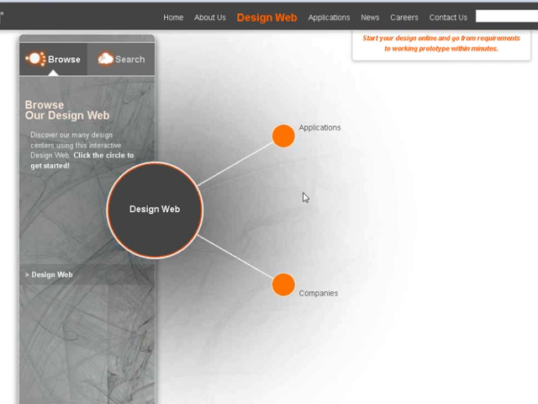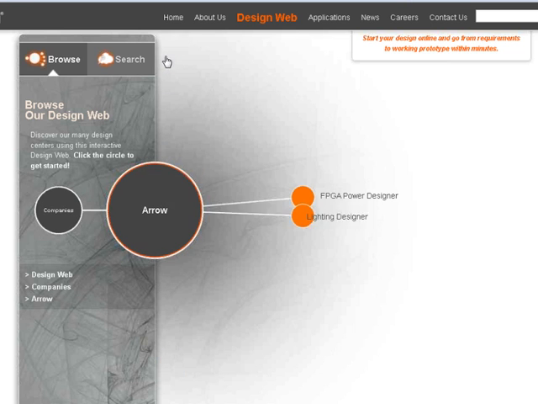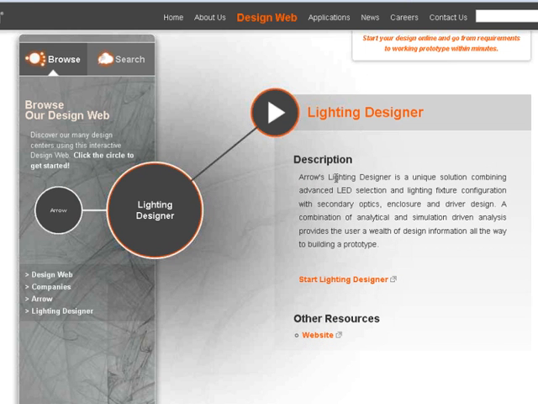what you'll be presented with is two options, Applications and Companies. You can get to the tool through either of these options, but let's go through Companies. If we click on Companies, you'll see a whole list of available design centers for different companies, and at the top you'll see Aero. So we can click on Aero. Then you'll see FPGA, Power Designer, and Lighting, and now we'll click on Lighting. It'll give a brief synopsis of the tool, and from here we can click on the play button, and that'll take us directly to